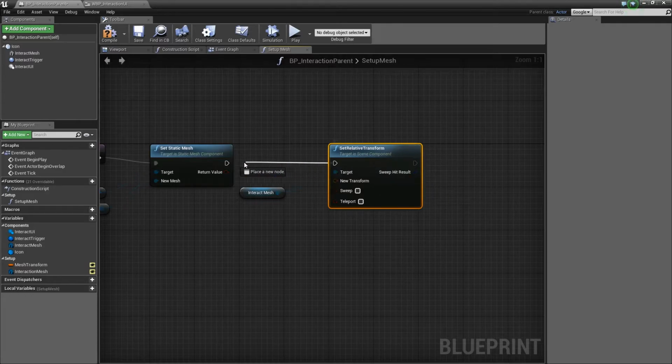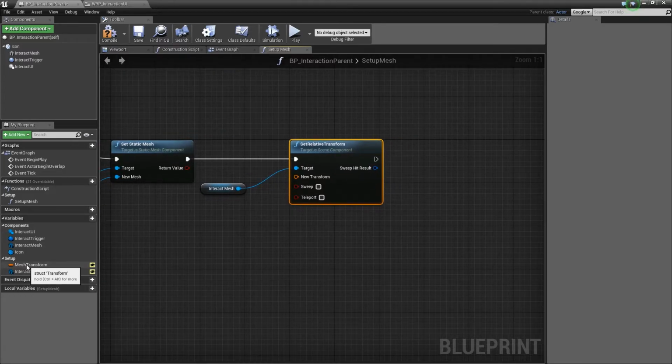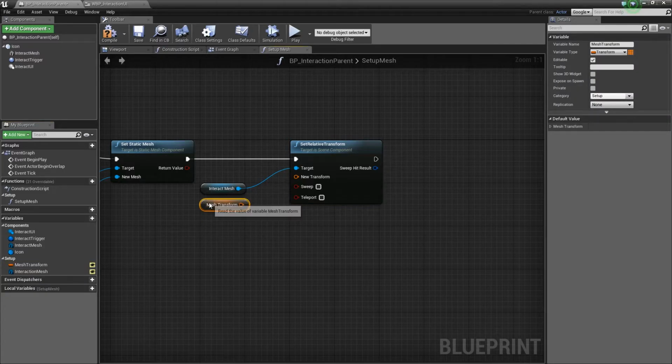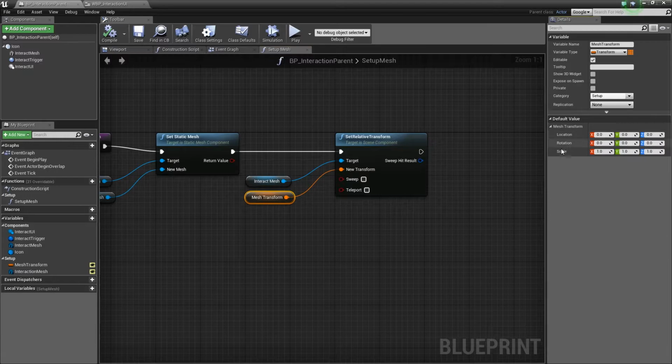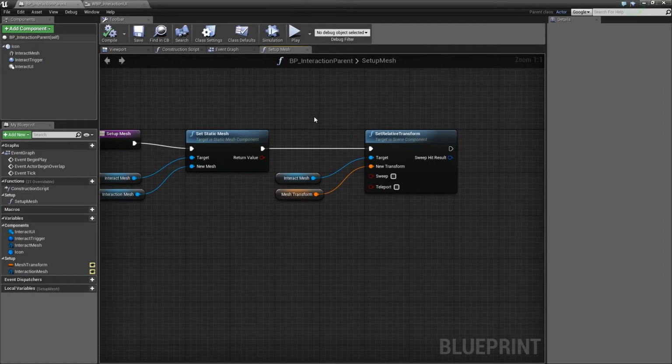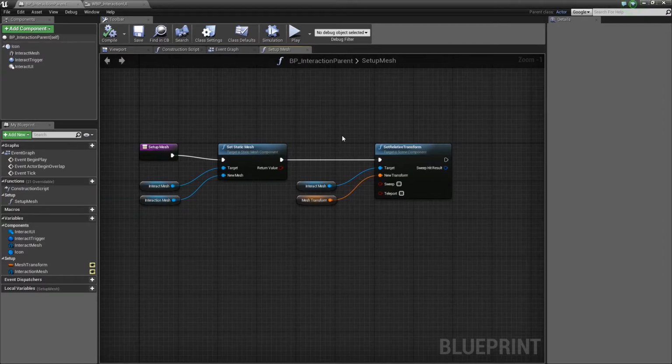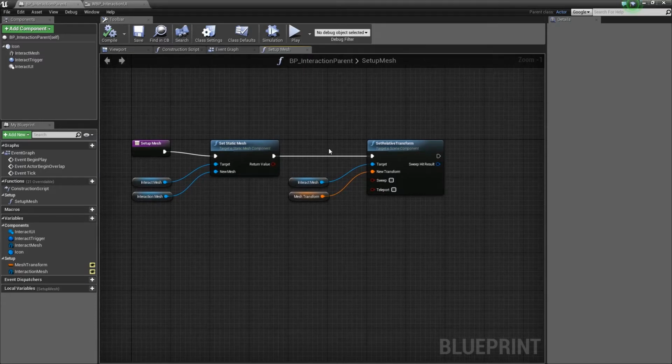And this brings in that transform, and we can do another control, click drag, and plug this in. Compile and save. If we look at the defaults for a mesh transform, everything's 0 and scale is all 1, which is just the default for everything. That means it'll all be at the origin location, rotation will all be the same, all zeroed out, and scale